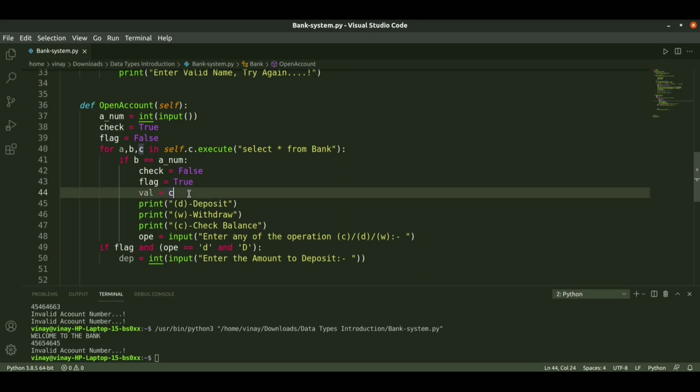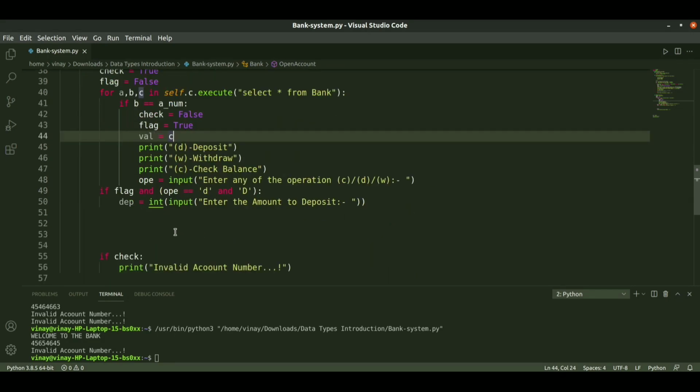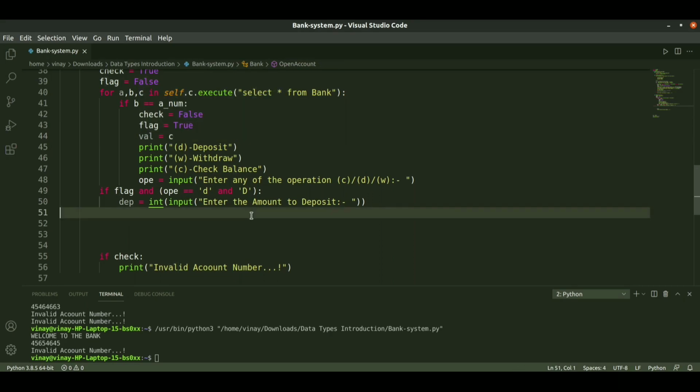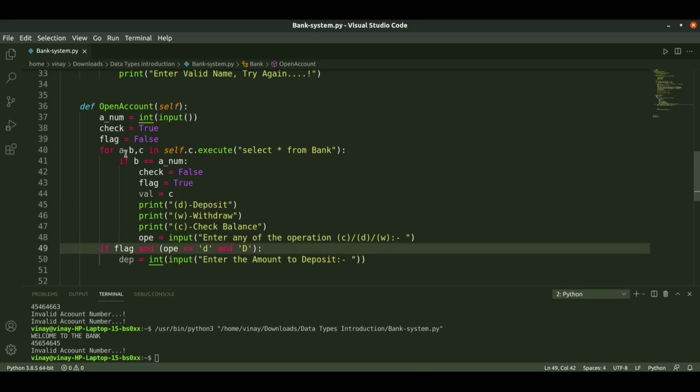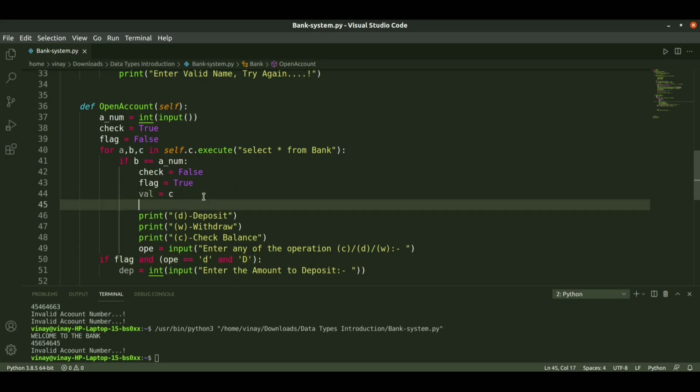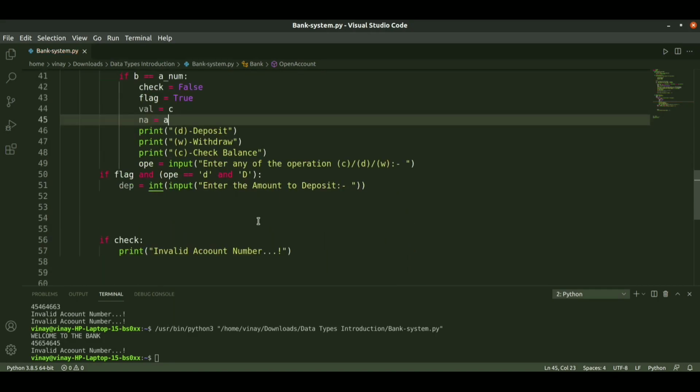After assigning, we will use val in this deposit in order to update the balance. And now we also take the account name in order to display some message. So for that purpose we will take name NA is equal to A. This is the account name that is assigned to a variable.